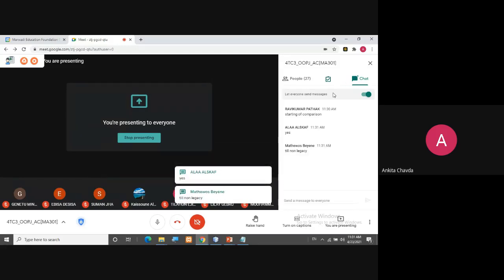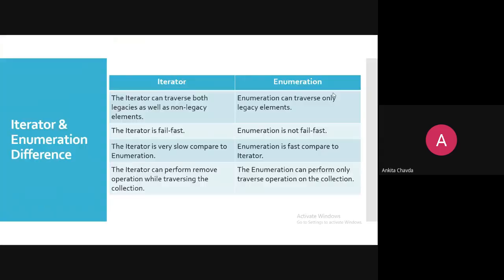Hopefully. So these elements work with legacy and non-legacy both. The vector class is a legacy class, and array list and linked list are all non-legacy classes.